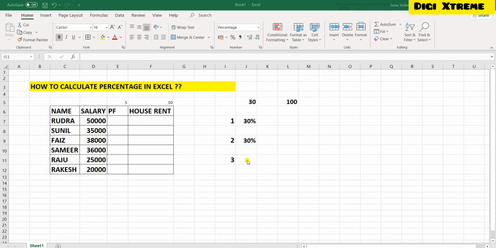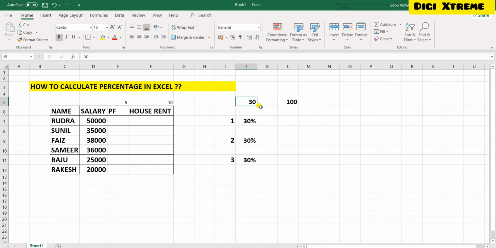So let's try the third method. The best way to calculate percentage would be to do one thing: first click on percentage. All right. Now simply click on this cell divided by 100. So you can see it has directly given the result. And the best part about this method is if you make any changes, then you will not have to go and make the changes in your formula. It will simply reflect the result over here.